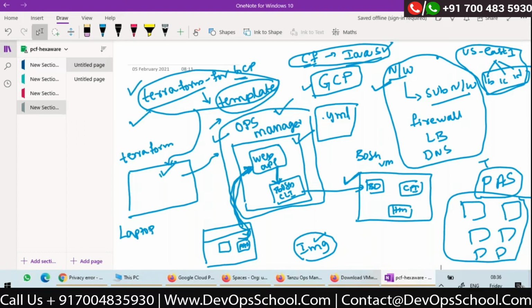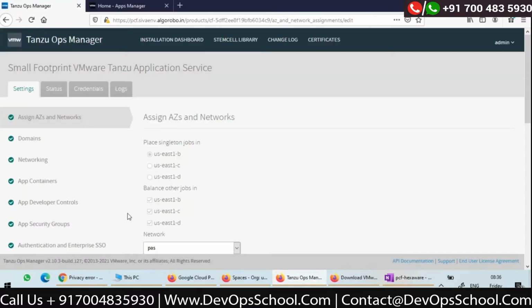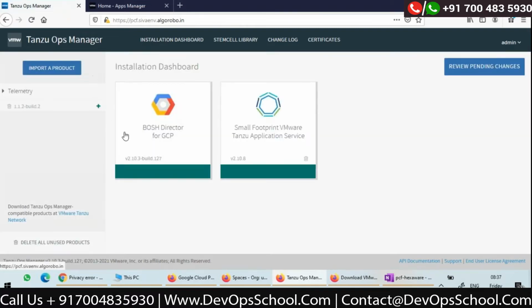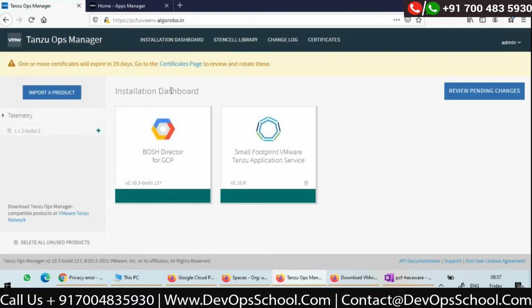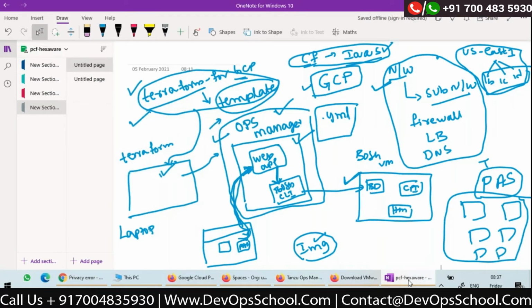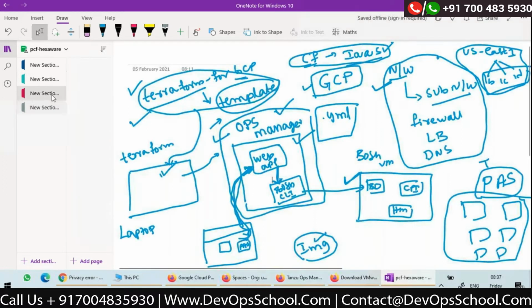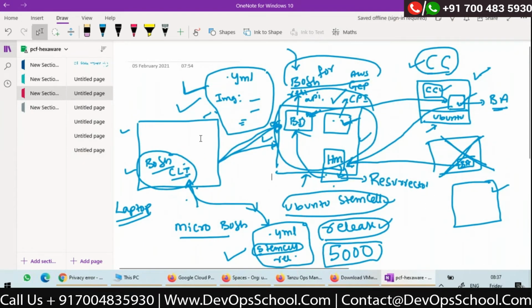So Shiva, once again, in the UI, you had the first icon, right? That is to create the BOSH VM, is it? Yes. Okay, okay. Can you go back to the slide before this? I just want to visualize that. You had a BOSH VM and you had BOSH. Yeah. Yes. Okay, so the middle portion is what is happening in the first icon, correct?